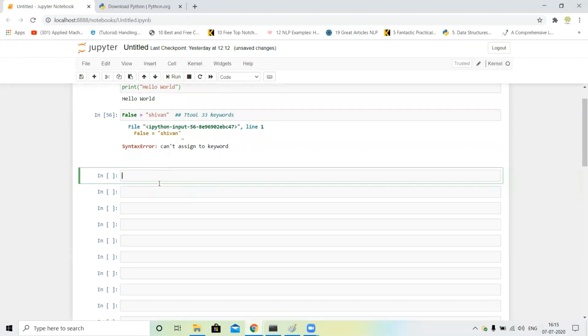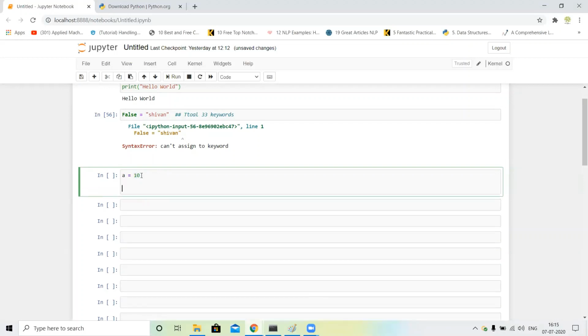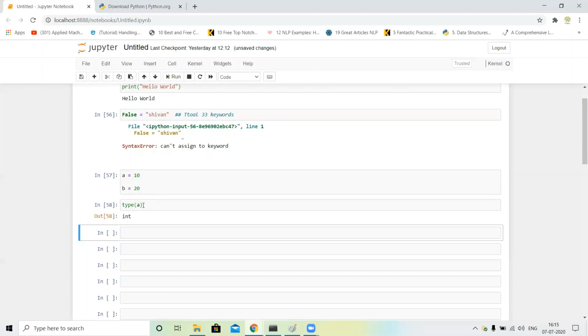So first of all, we assign a variable: a is equal to 10. a is a variable and I just assign 10. Next, b is equal to 20. This is an integer, guys. When you print this and check the type of a, it's an integer.